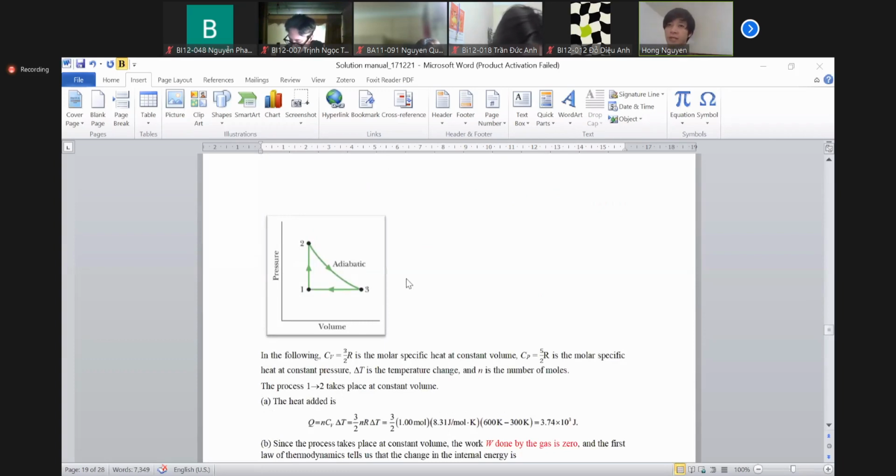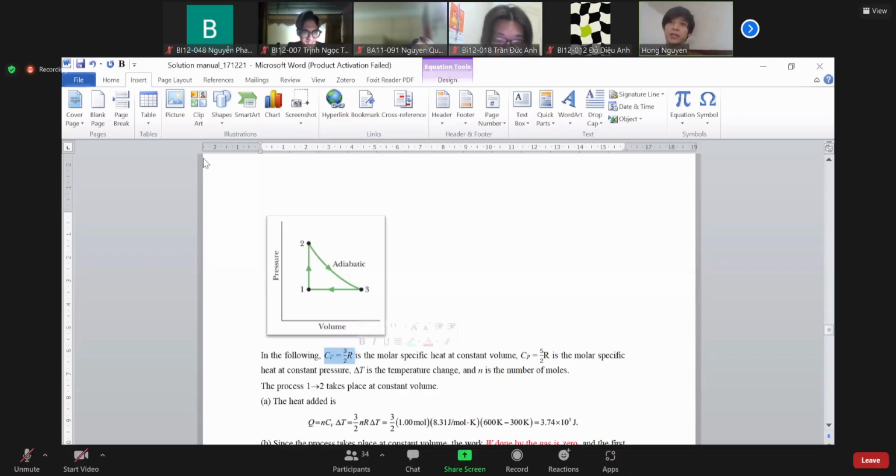here we have once again a closed diagram, a closed cycle, I mean. From 1 to 2, we have a constant volume process. From 2 to 3, we have an adiabatic process. 3 to 1, we have another adiabatic process. Good. What we use is a monatomic gas. So for a monatomic gas,